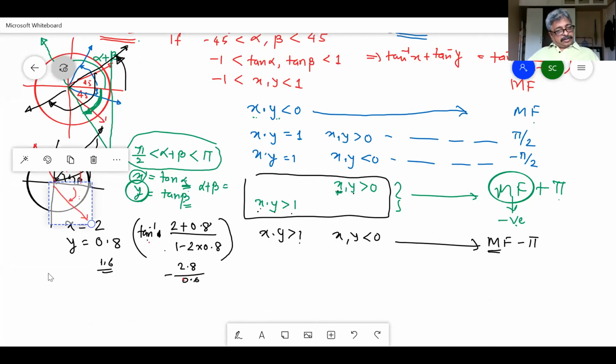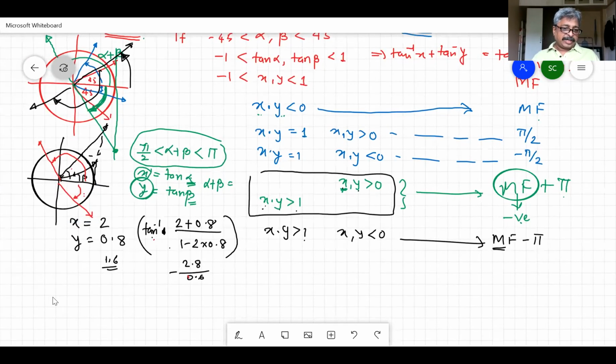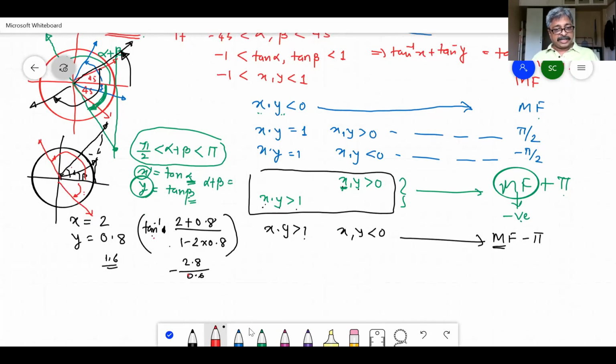Let us take a convenient x, a known example now. Let us take a negative side example. Now x is equal to minus root 3. So what is the corresponding angle? If x is minus root 3, it is minus 60 degree, we know that. And y is, say, minus 1 upon root 2. We know how much this angle is.